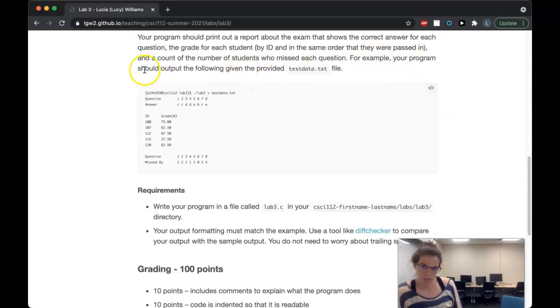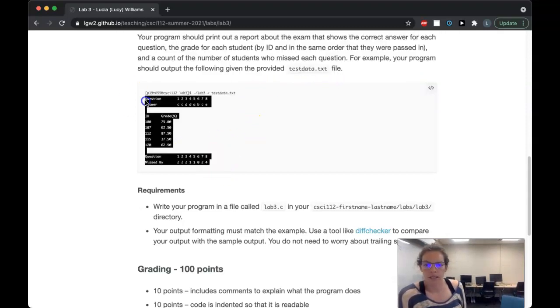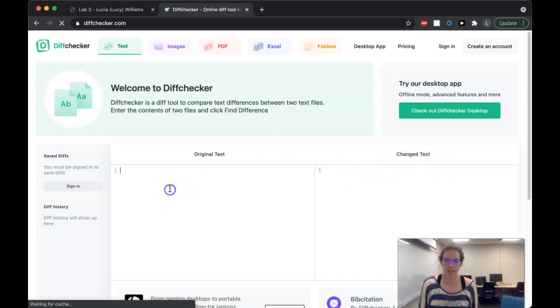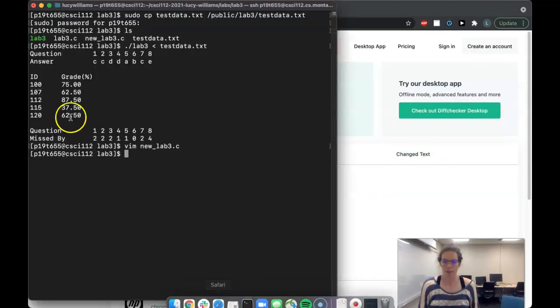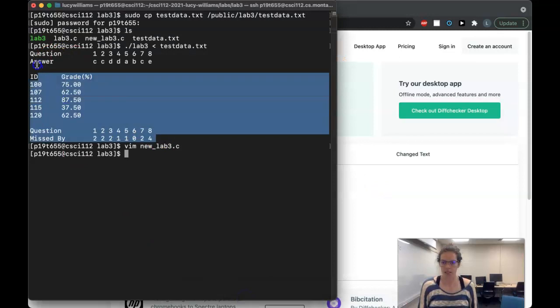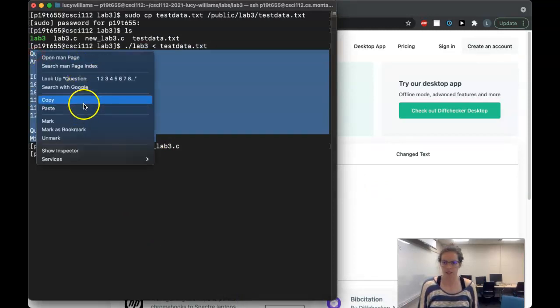So for example, your program should output the following given the provided testdata.txt file. So what I can do is I copy this, I just go to DivChecker, and so I could think of this as the original. This is what I'm trying to match. And my output is just this stuff right here, so I can copy it directly from the terminal